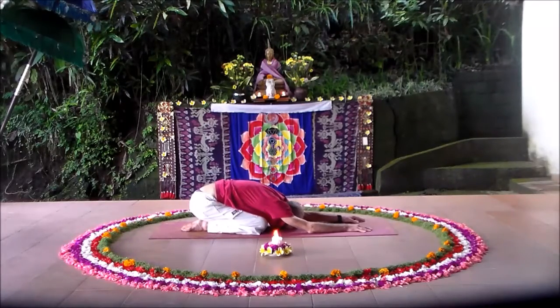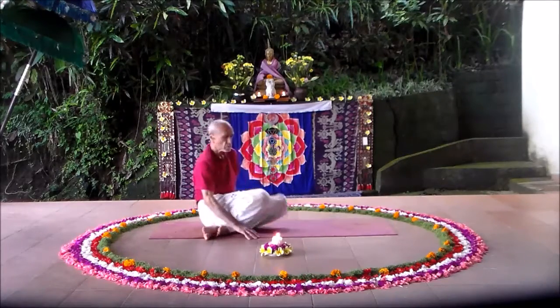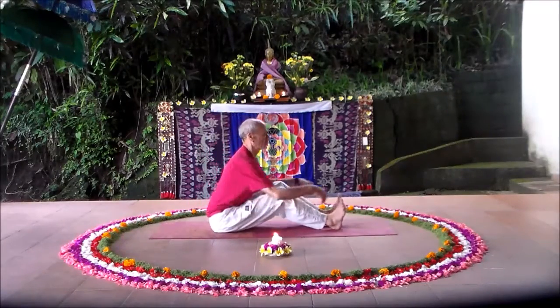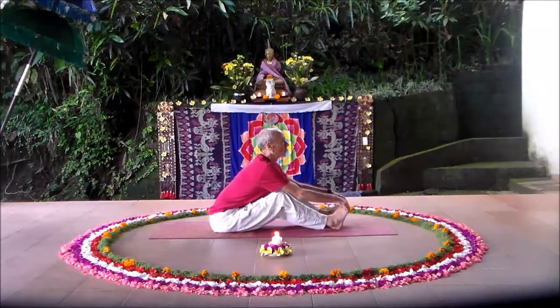Feel the impact through your body. It's nice to feel the energy surging through the body after the movement. And now from here we're going to wind the routine down with some forward bends. Your knees could bend liberally. With your knees bent liberally, lift the chest and start to